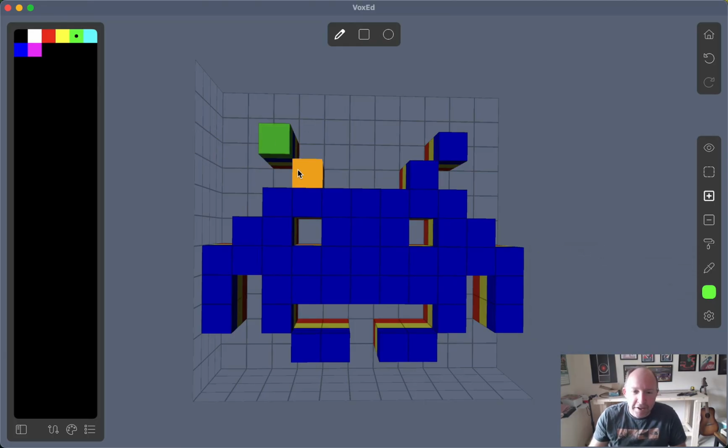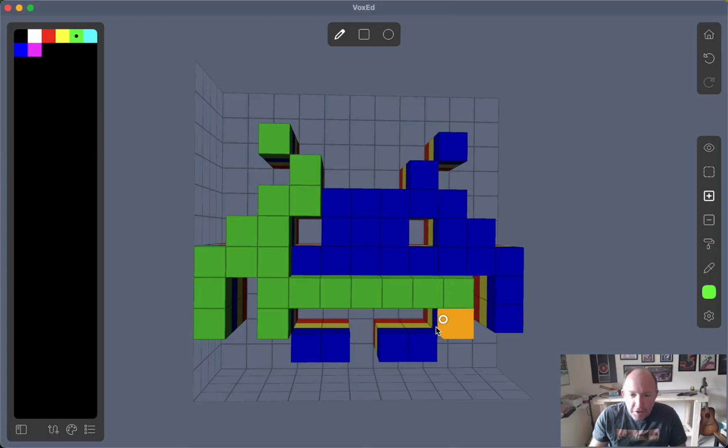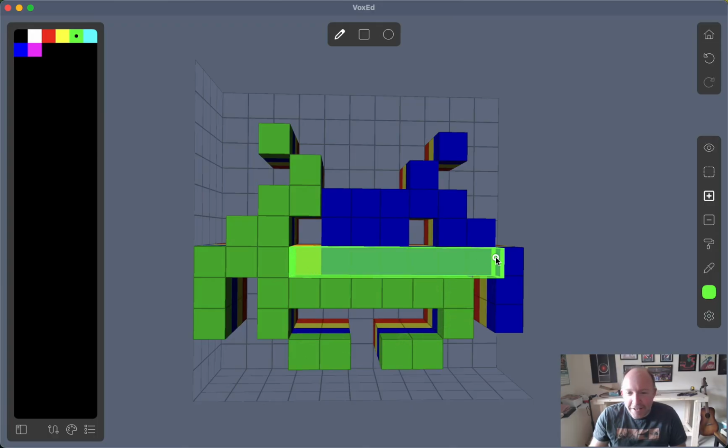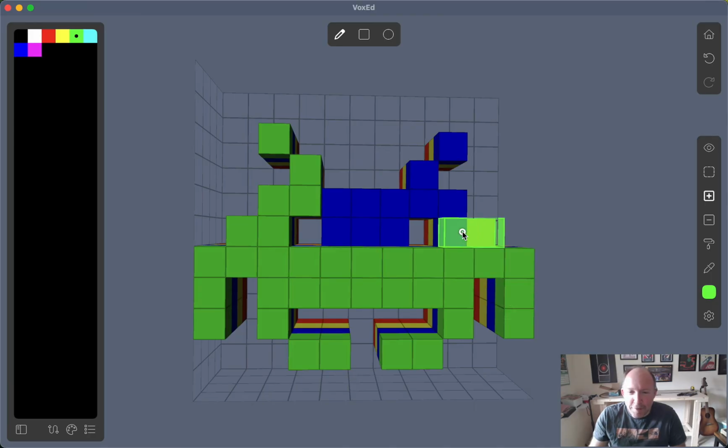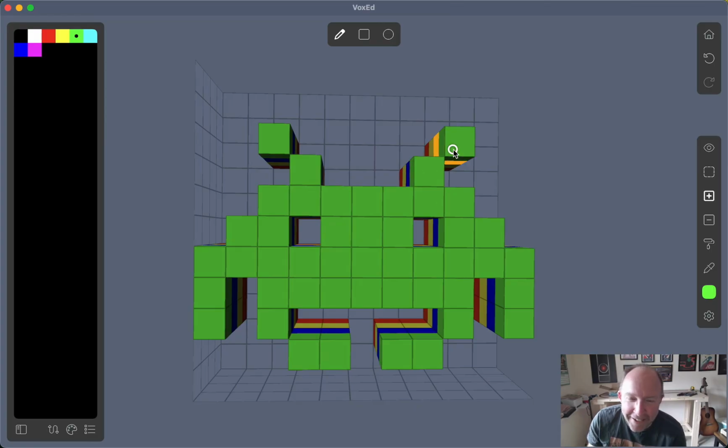which is, if you follow my blog or my YouTube, I tend to work on retro-ish things when I'm doing gamey type stuff. I've no illusions of being able to create the next blockbuster 3D game, so I tend to keep my ambitions limited. In any case, there's our voxel, our Space Invader